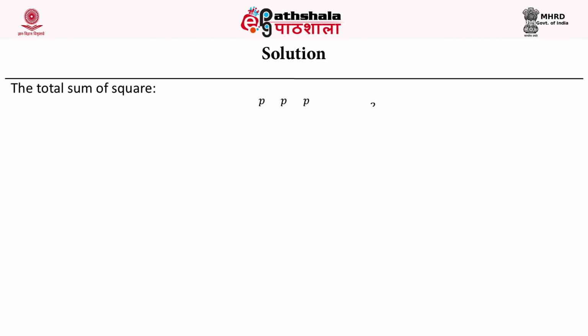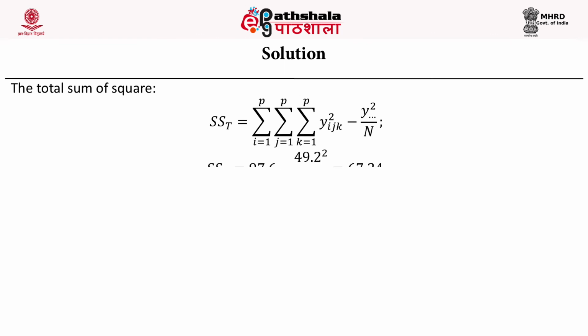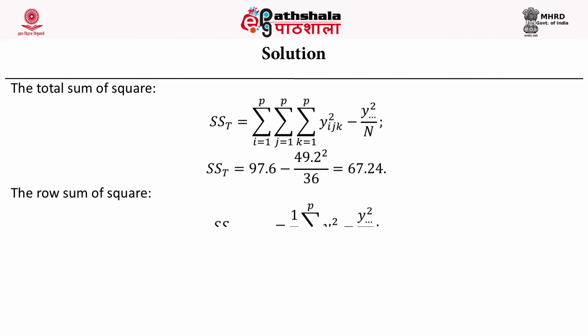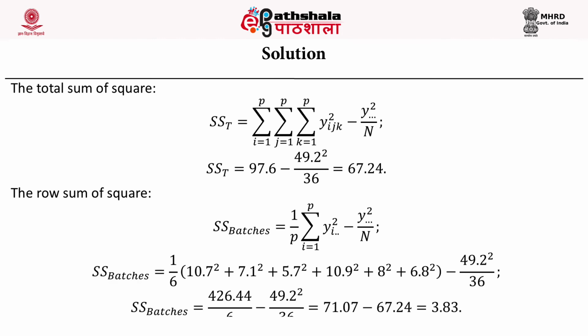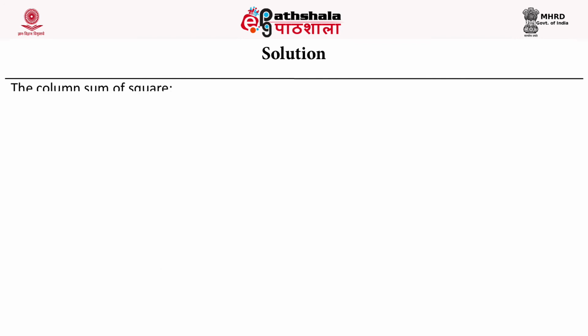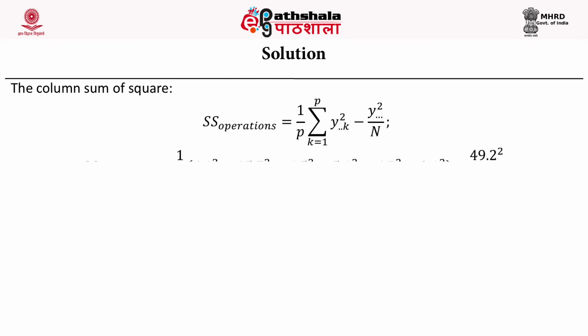The total sum of squares is equal to triple summation y_ijk square minus y triple dot square upon n, which comes out to be 67.24. The row sum of squares can be derived by the same formula, and the sum of squares of batches comes out to be 3.83. The column sum of squares, that is the sum of squares of operators, after putting the values in the formula, we get the result as